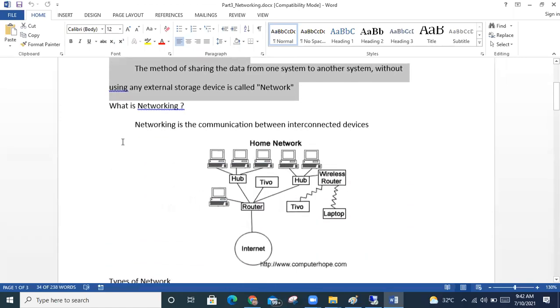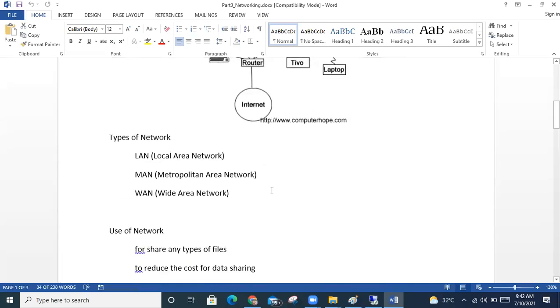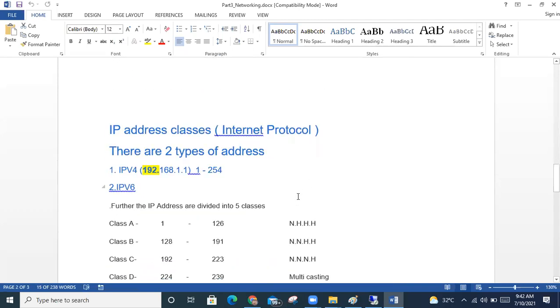We already saw the devices. In companies, they will have routers and switches. To that particular switch they connect wires, and from the main switch they give internet, so the net comes to all the machines. If they're using Wi-Fi, the router provides it. So we've seen what LAN is. Then the main important thing is the IP address. IP addresses are divided into two types: IPv4 and IPv6. Is it clear?